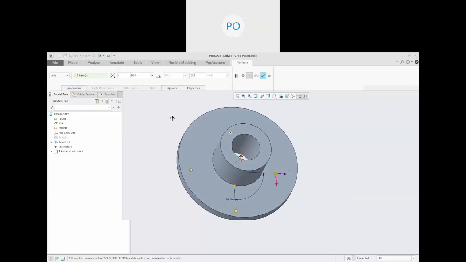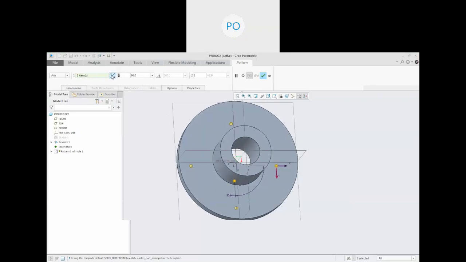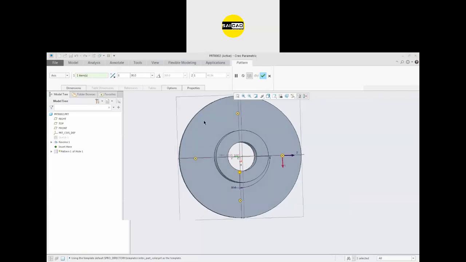Okay, so now if you increase the number of items to 6 or 8, it will not show you the number of items increased because we have the angle 90-degree in between the feature, so after 4 the other two will overlap on this. So to convert this to 360, you just have to click here and change it to 360.